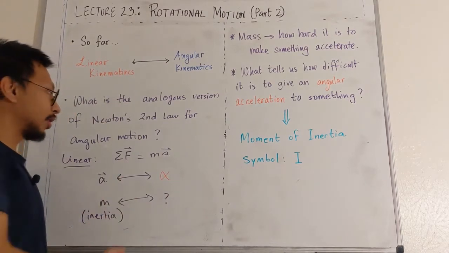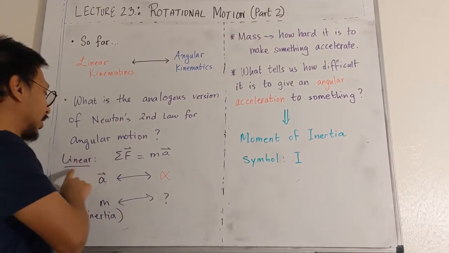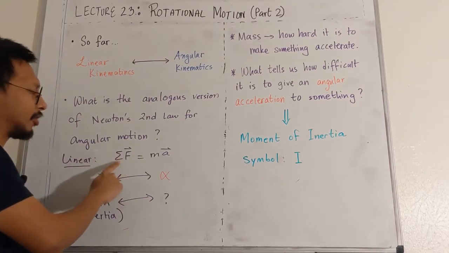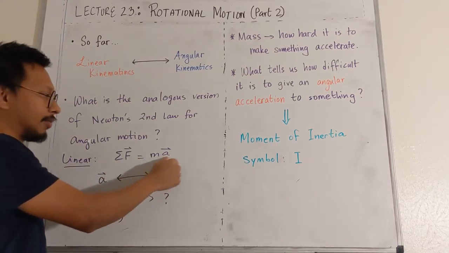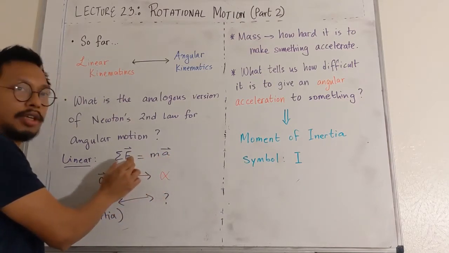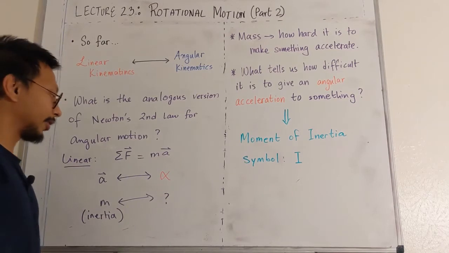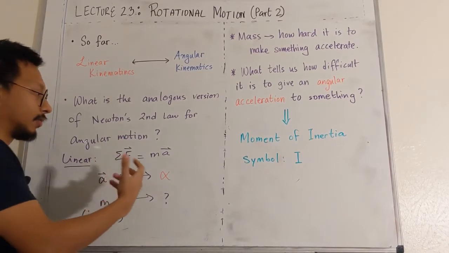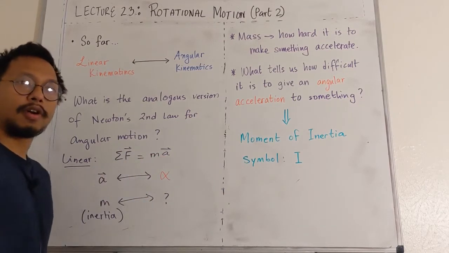The answer is yes, because that's only logical, and physics is logical, even though sometimes it may seem it is not. Anyways, we know Newton's second law is the summation of all the forces acting on an object equal to the mass times the acceleration. Right? So acceleration, as we have learned, is a cause of an external unbalanced force acting on a system or an object. So the next job would be to identify